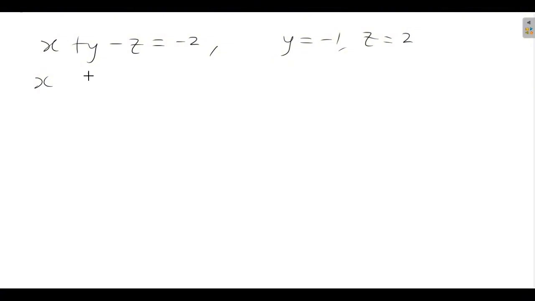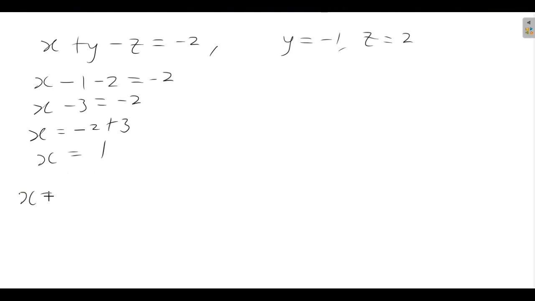So x plus, in fact, y is negative 1, so we have negative 1, then minus z. Z is 2, so negative 2, and this is equal to negative 2. So x, negative 1 minus 2 is negative 3, equals negative 2. So we move negative 3 to the other side. It becomes negative 2 plus 3, and x is equal to 1. So finally, our x is equal to 1, our y is equal to negative 1, and then our z is